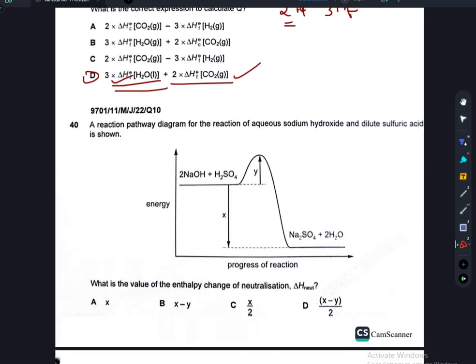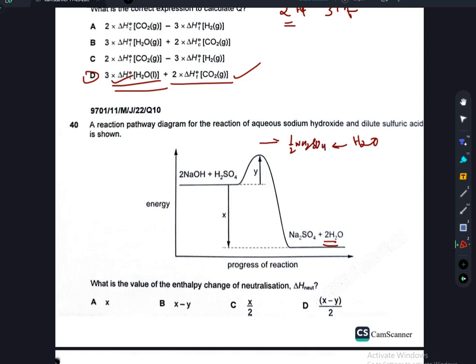I'm moving on to question number 40. The reaction pathway diagram for aqueous sodium hydroxide and dilute sulfuric acid is shown. What is the value of the enthalpy change of neutralization? Again, there is a trick here. First of all, you should try yourself, but there are 2 moles of H2O being formed. You have to get 1 mole. So 1 by 2 Na2SO4,